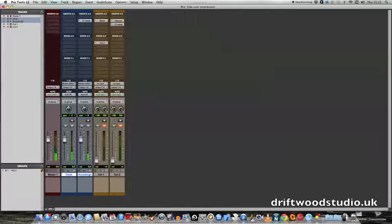Now my problem is this. I want to have the acoustic guitar up much louder, but if I do that, it masks the vocal occasionally. So if I put them in the balance that I want,